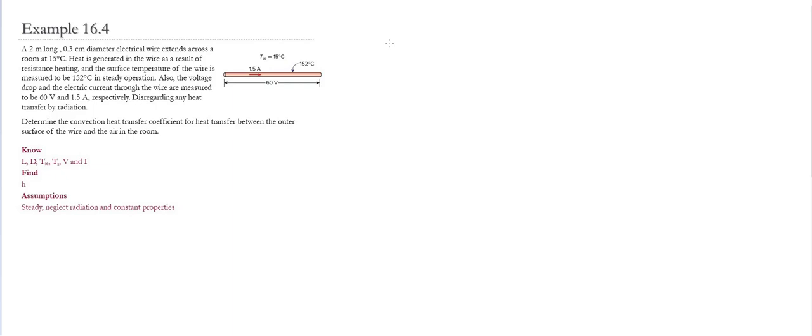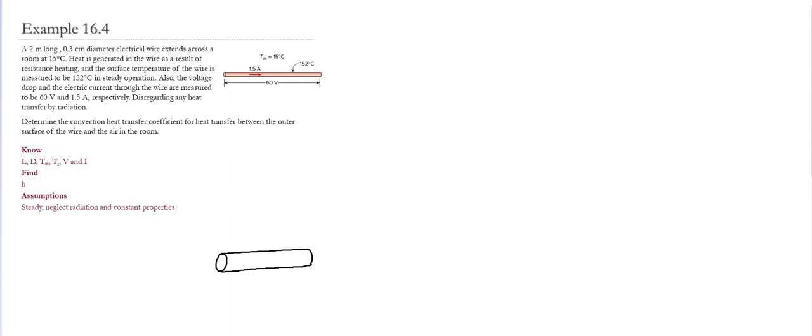Our goal is to determine the convection heat transfer coefficient for the heat transfer between the outer surface of the wire and the air in the room. So to start with the problem, let's do a schematic. So this is going to be the wire that we have,